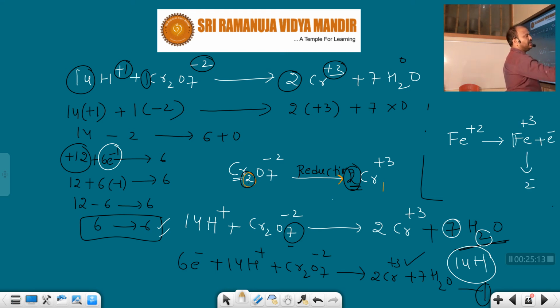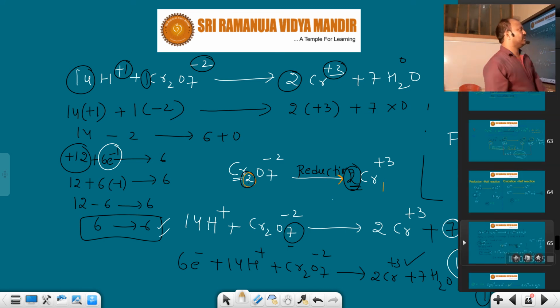This is the second equation. Suppose this is A, this is B. Reduction reaction is considered as A, oxidation reaction is considered as B. Now we are adding the oxidation reaction as well as the reduction reaction. Students, very easy steps are involved. First of all, we have to balance all elements except oxygen and hydrogen. After that, on the oxygen deficiency side we add water molecules, on the hydrogen deficiency side we add protons. After that, we balance charge with the help of electrons. Last step, we add both the oxidation reaction and the reduction reaction such that we cancel out the electrons. Then we will get balanced redox reactions.